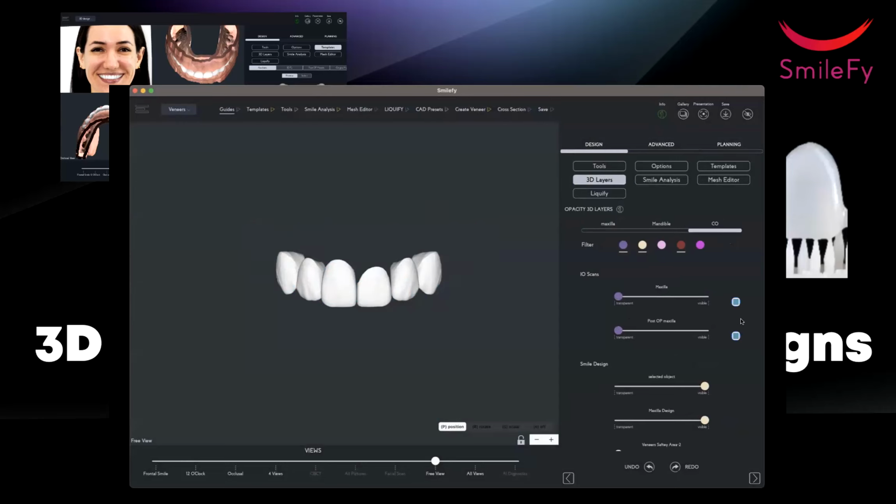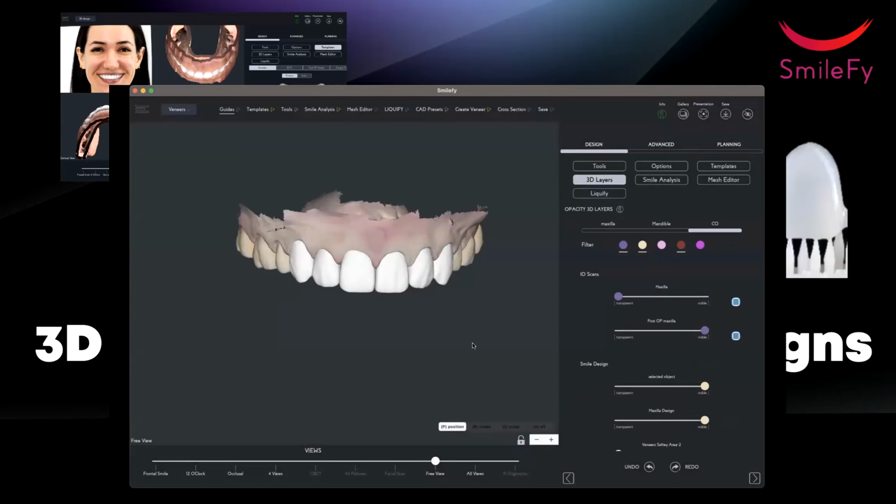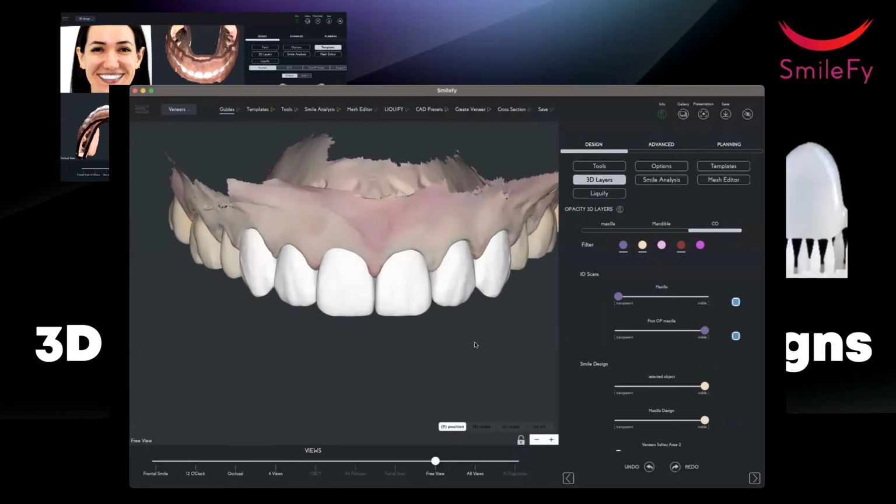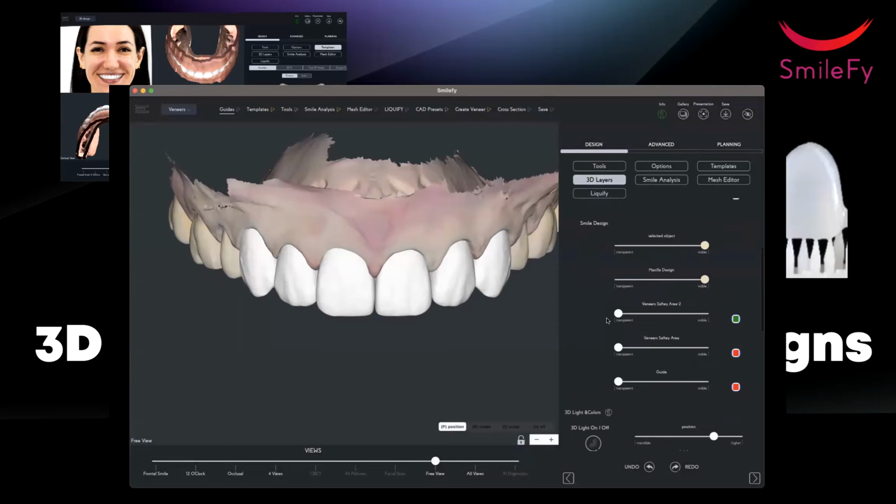We work to connect now SmileFy to milling machines, right? So that you import the whole project into an articulator in the software of the milling machine, and then mill the veneers, and we will have more and more automated workflows. One of the big things that are coming this fall, let me show you in the final